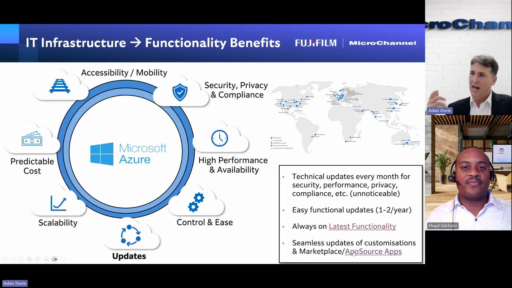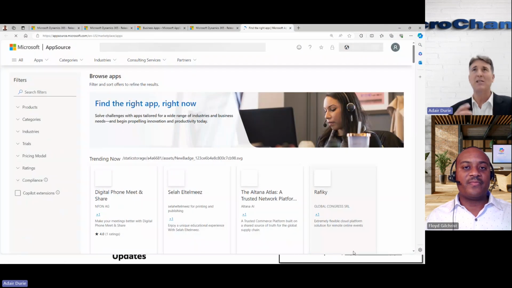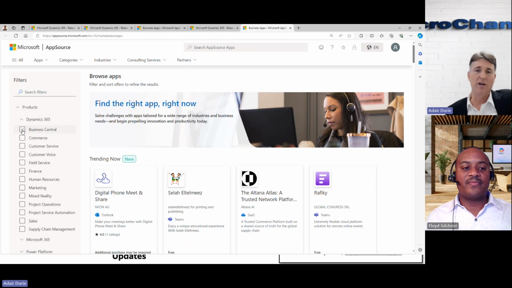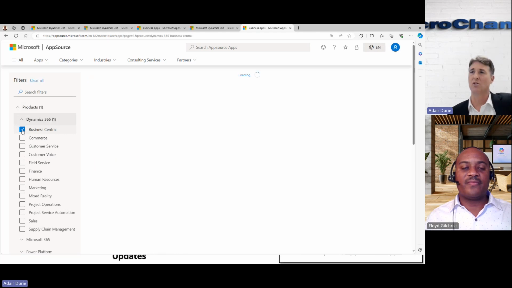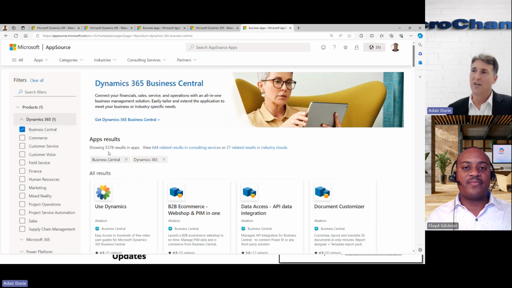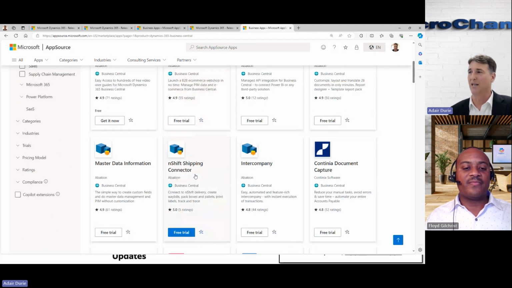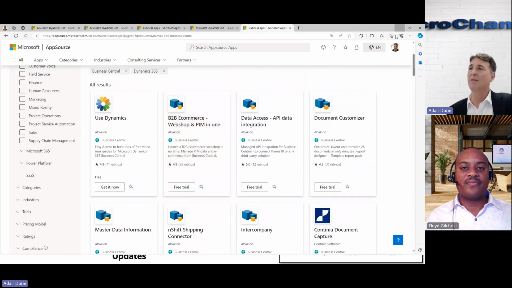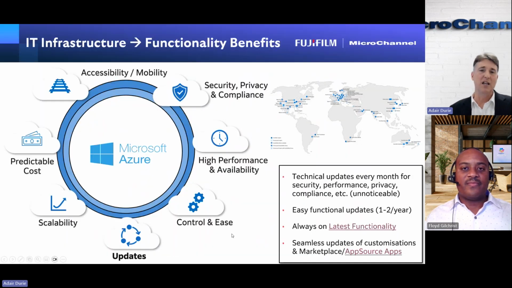Also, the Cloud ERP enables partners, best-of-breed partners who have niche knowledge in particular areas. For example, I'm just going to use Business Central as an example here by going to the Microsoft Marketplace. And you'll see when I click on Business Central, there's more than 5,000 apps that have been delivered for Business Central. And obviously, there's some of the e-commerce apps or master data. Obviously, there's a whole heap here, and you can search for those things. But the cloud enables the functionality to be delivered so much easier.